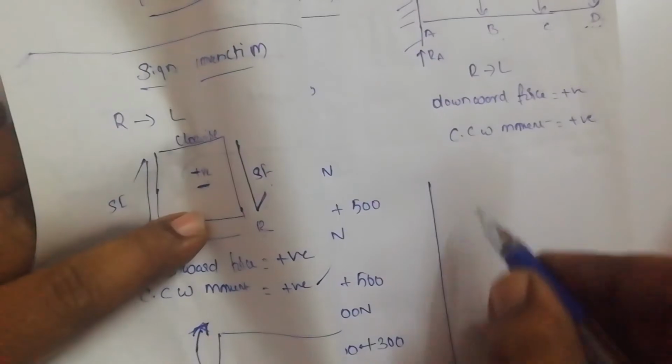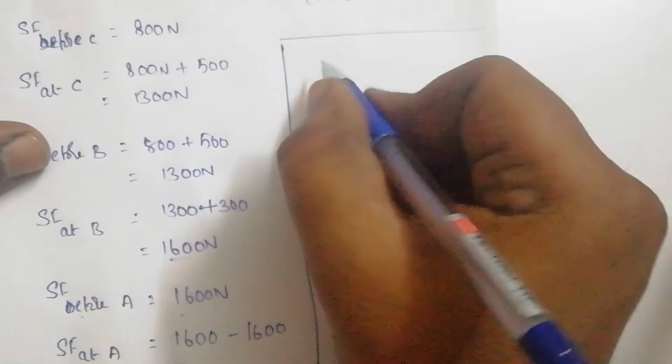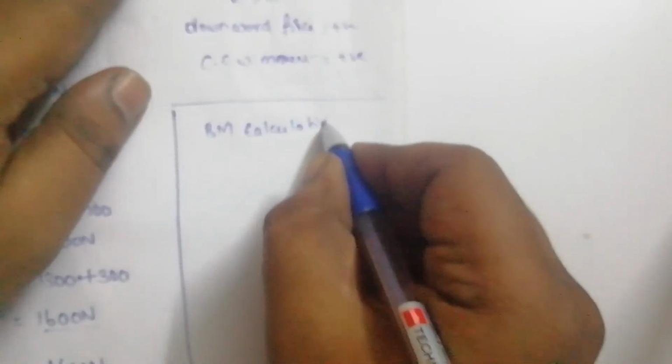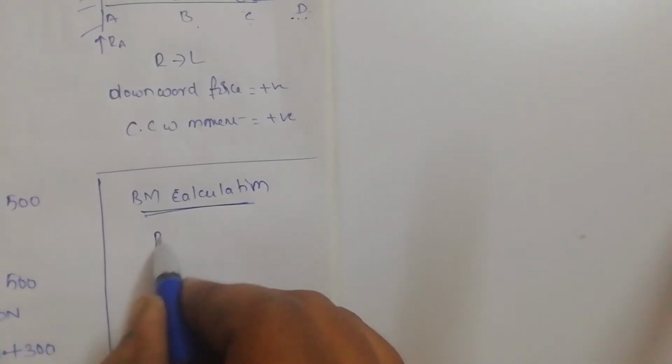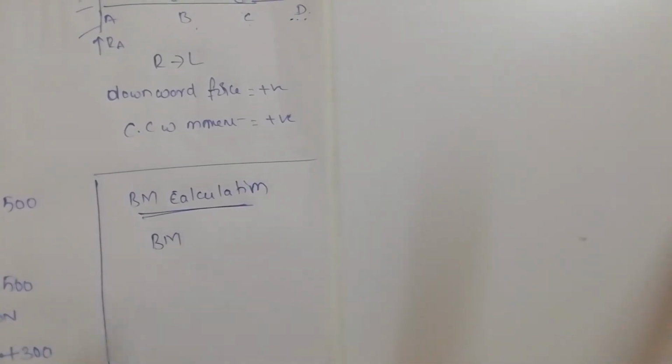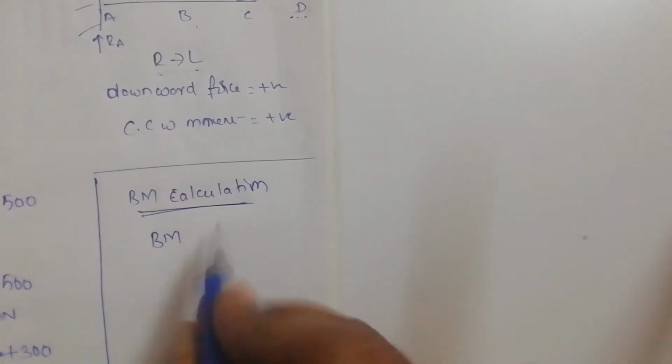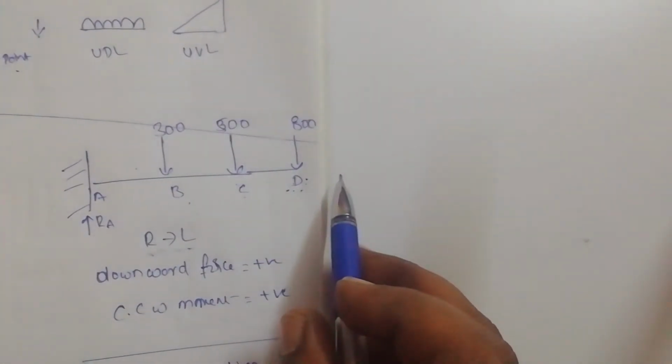Okay, now let us do the bending moment calculation here itself, because it will be easier for me to do it on the same side. What is generally a moment? Moment is nothing but force into distance. You write this bending moment calculation. What is bending moment? Bending moment is nothing but force into distance. Now bending moment, we are solving from right to left corner. I have written here, you can see right to left corner. So bending moment at point D. At point D, if you see, there is no load before it. If there is no load, the bending moment before D will become 0.